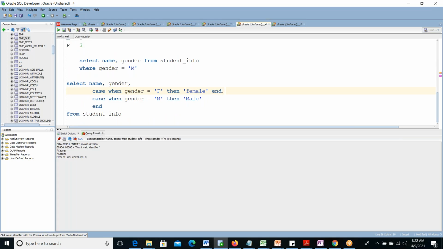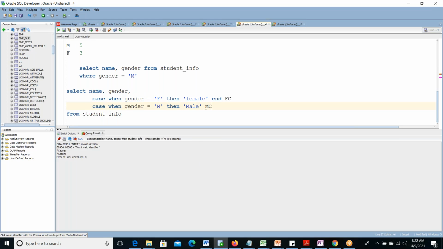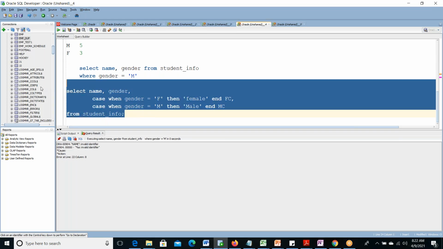Then here you can give male count. So male count MC, and this is female count FC. Suppose I am giving MC here, and here also you can give. Both CASE statements are then different columns. One comma you can give here. Now if you execute this,